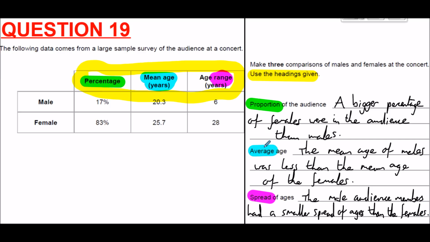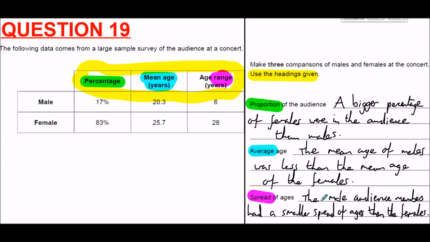So you don't need to put exactly what I've put, but words similar to what I've put there will get you the marks. So a bigger percentage of audience members were females than males. The mean age of the males was less than the mean age of the females, or you could say the mean age of the females was greater than the mean age for the males. And then finally,